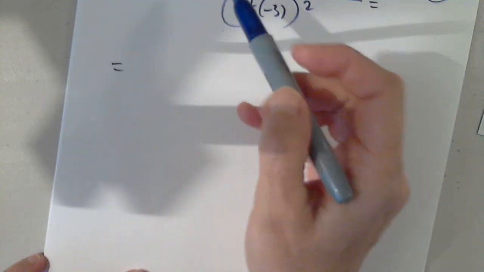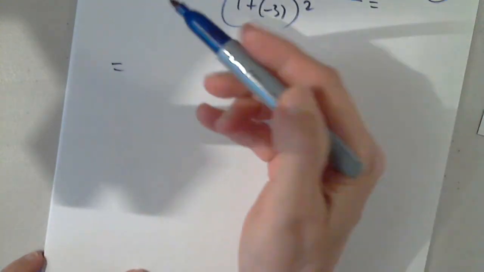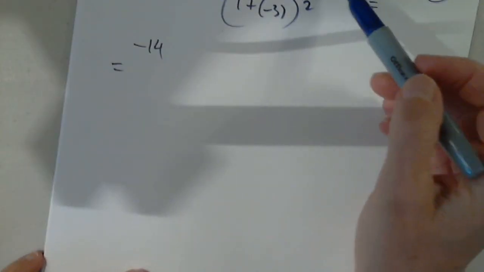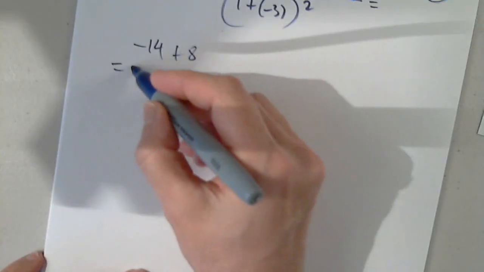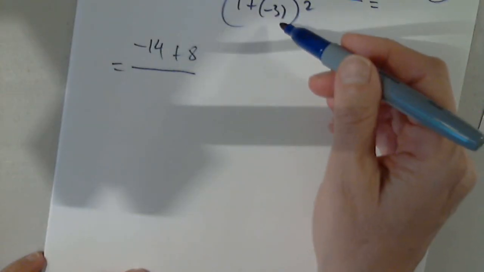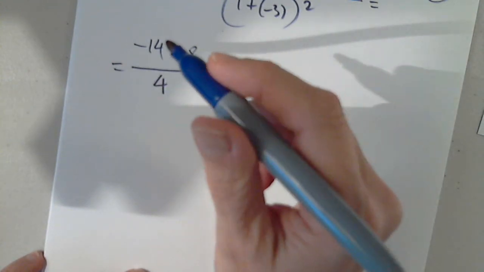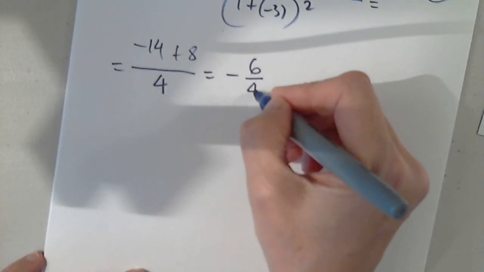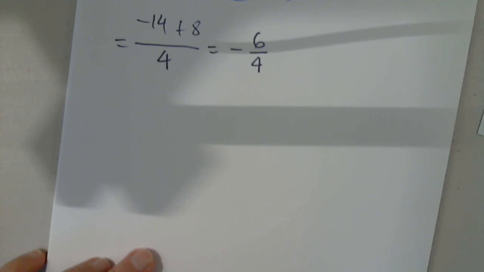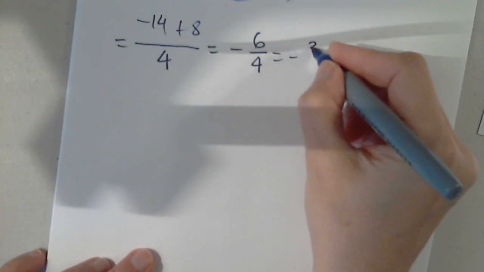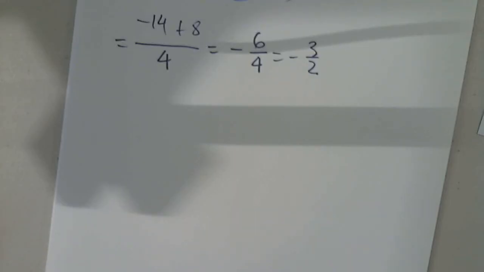So this is negative 2 times 7, which is negative 14. This is positive 8. This is 1 minus 3, which is negative 2 squared, which is 4. So the numerator is negative 6. The denominator is 4. And I got negative 3/2. So the slope of the tangent line to the graph of function h at 2